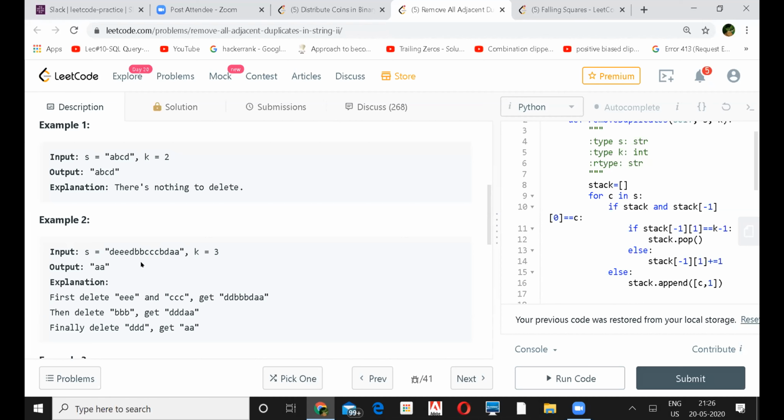But he's saying it can be done in one iteration, correct? That is what he's trying to say. Only thing is you have to keep maintaining the pointer and keep going back. Just one pointer, not the complete string, because I have removed the ones before it. I only have to move one back, not from the beginning.